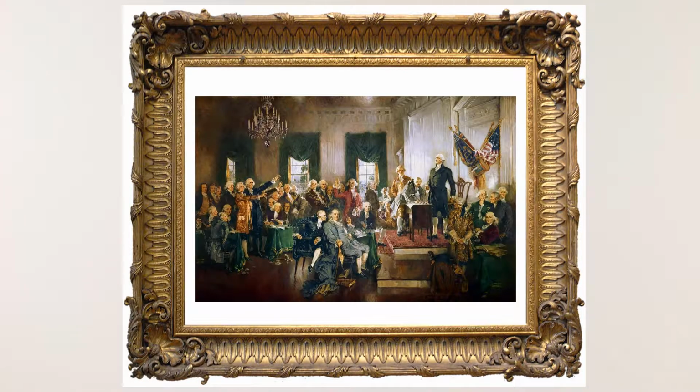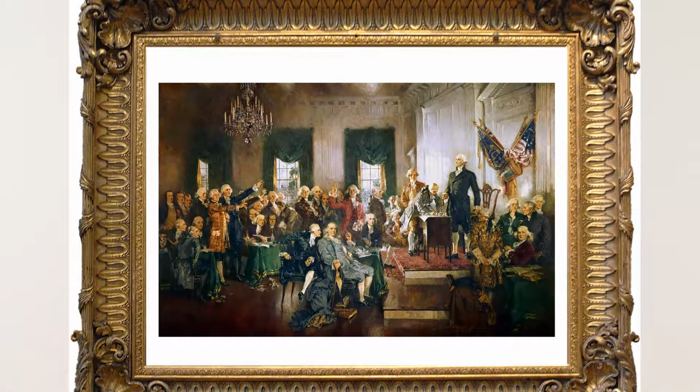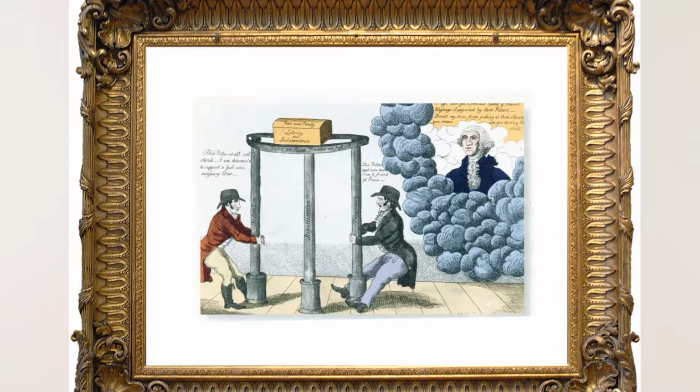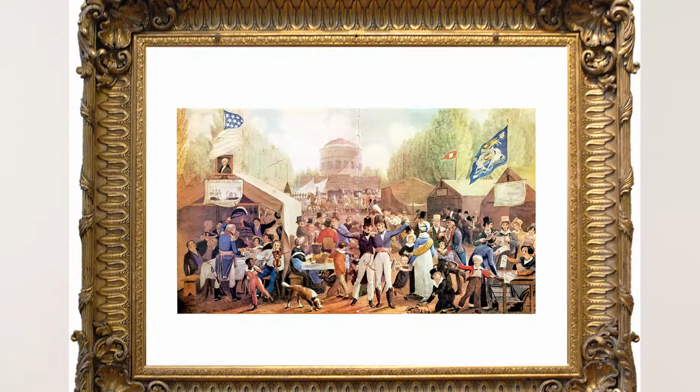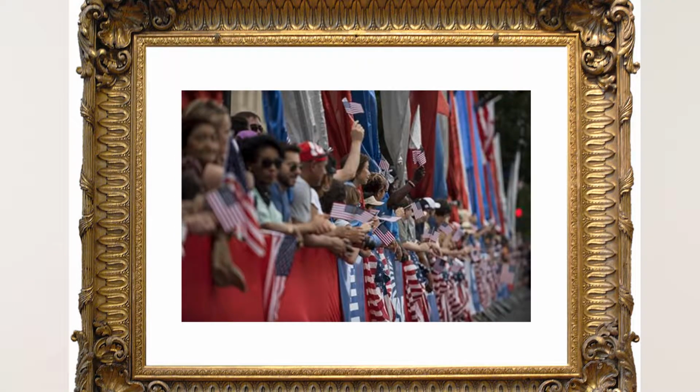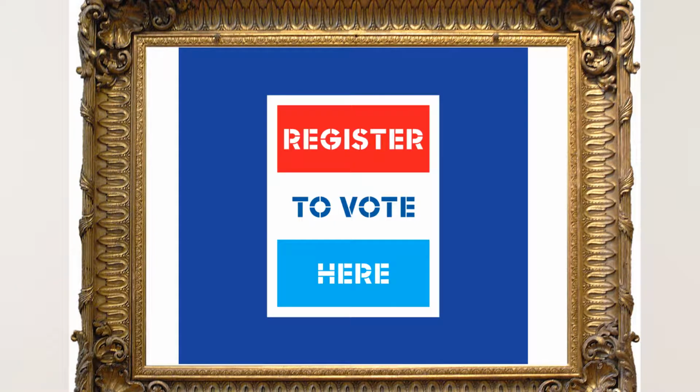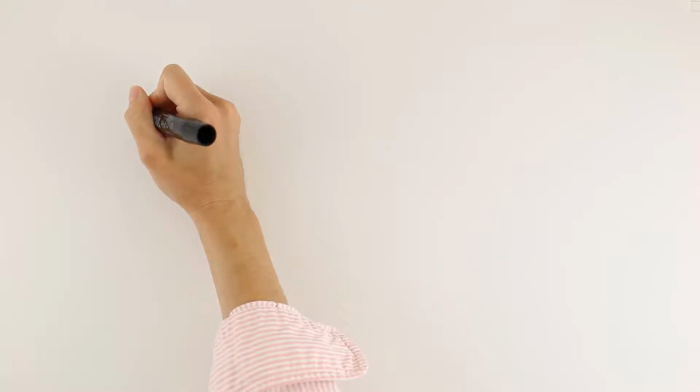The framers of the Constitution did not create political parties or intend for us to have them. Political parties were created by citizens early in U.S. history who wanted to organize to support their political beliefs. Today, anyone may become a member of a political party. You just have to register.